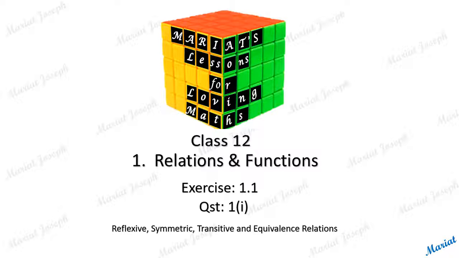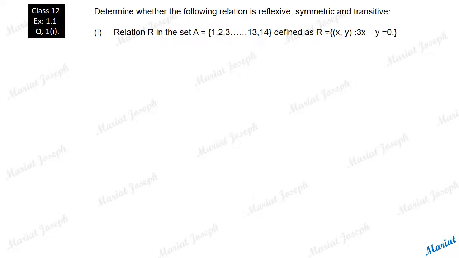Exercise 1.1 of Class 12 NCERT book. Questions on reflexive, symmetric, transitive, and equivalence relations. Determine whether the following relation is reflexive, symmetric, and transitive. Relation R in the set A = {1, 2, 3, 4, etc. till 14}